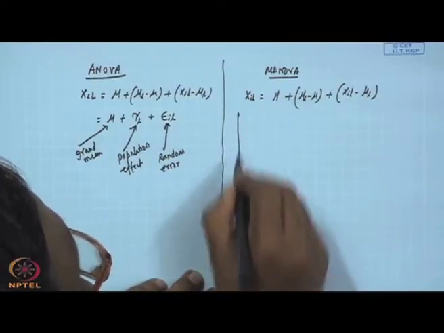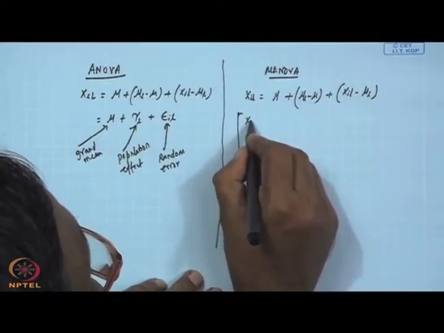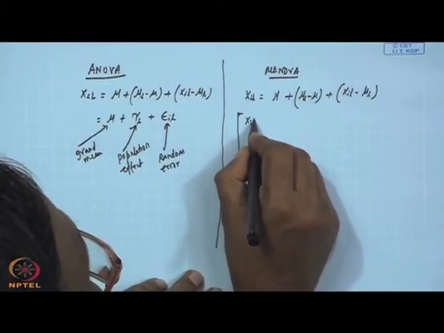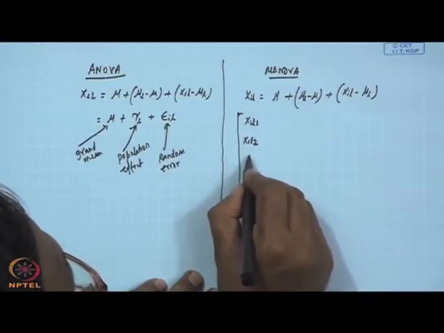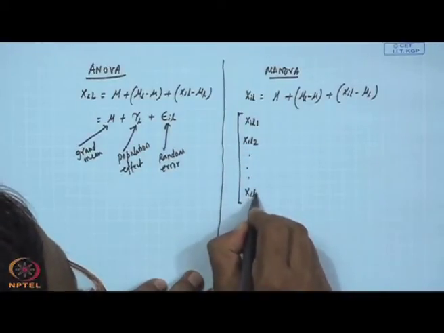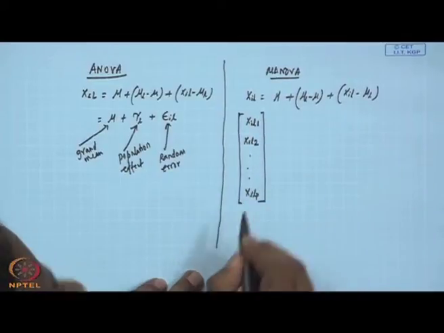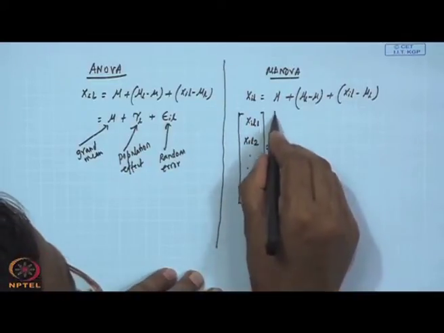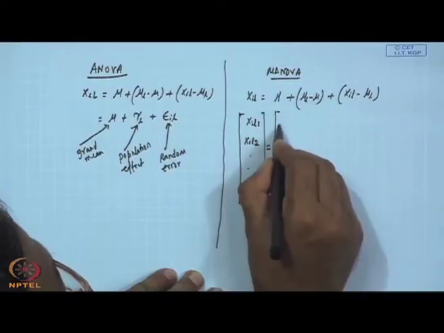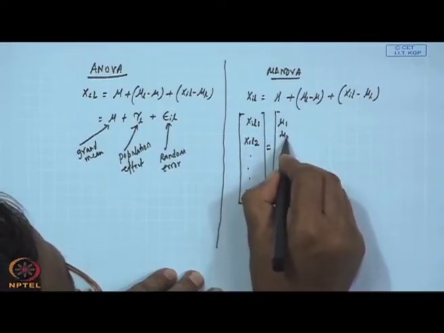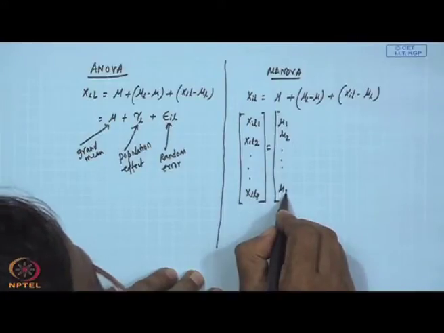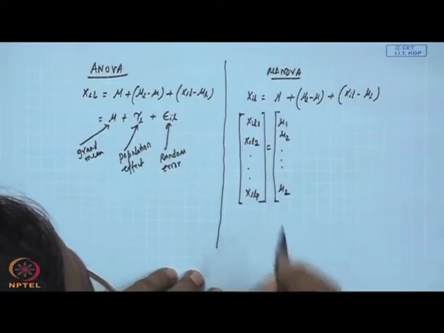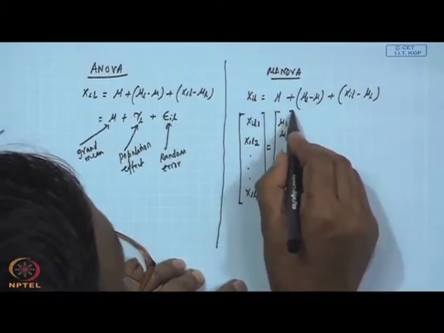We have seen that XIL is the vector XIL 1, XIL 2, up to XIL p, p variables are there, which is equal to mu 1, mu 2, and so on, that is the grand mean case,